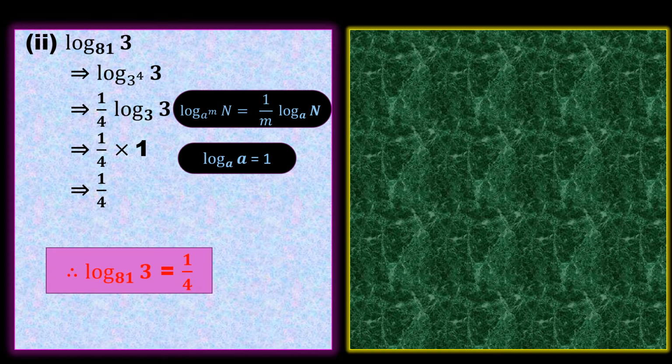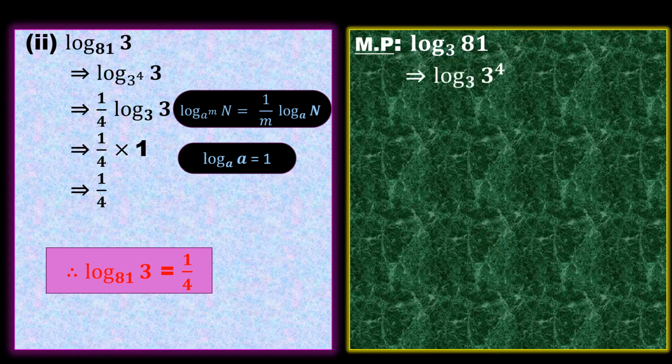Let us go to the model problem related to this one. Here I interchange the places. Instead of 81 I wrote 3 and instead of 3 I wrote 81. Okay. So like the previous problem only. If you got here 1 by 4, you will get the answer here 4, if the problems are the same numbers.